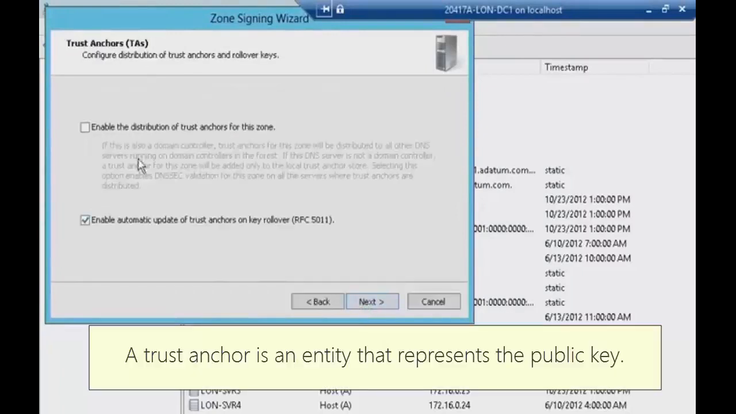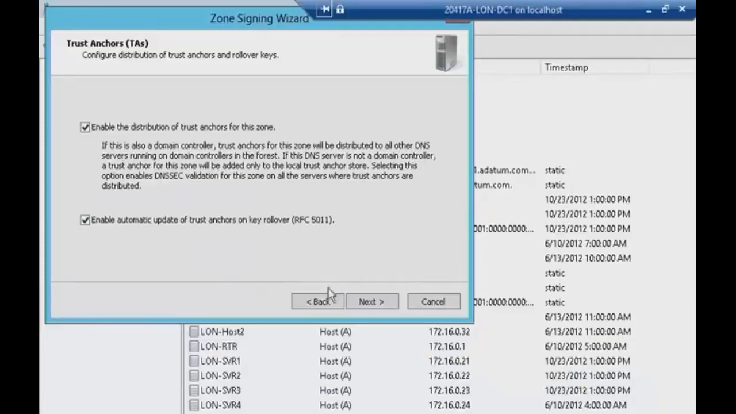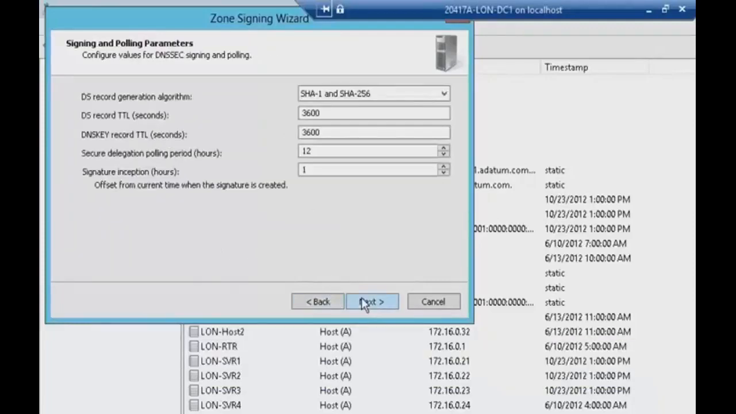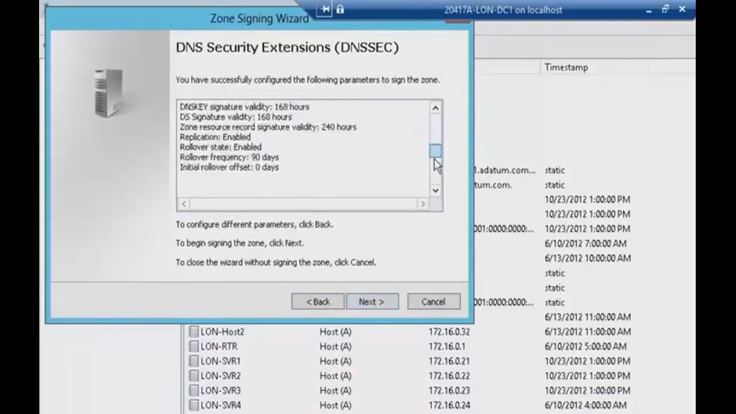You will want to automatically update the trust anchors whenever the keys roll over, and you'll want to distribute your trust anchors to your clients so they can validate the key from any DNS server, not just this DNS server. We'll take a look at the trust anchor zone in just a minute. Take the defaults for time to live, polling, and refreshing. We'll verify our choices, finish the wizard,